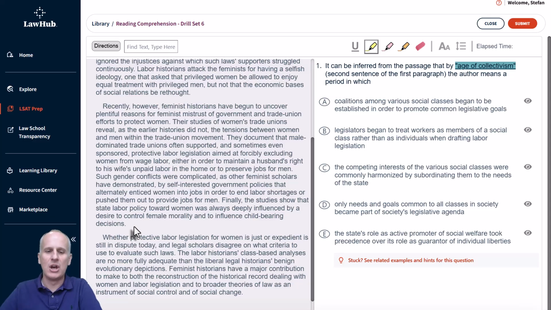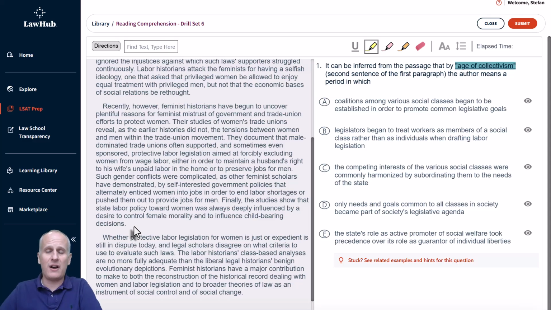Such gender conflicts were complicated, as other feminist scholars have demonstrated, by self-interested government policies that alternately enticed women into jobs in order to end labor shortages or push them out to provide jobs for men. Finally, the studies show that state labor policy toward women was always deeply influenced by a desire to control female morality and to influence childbearing decisions. So,